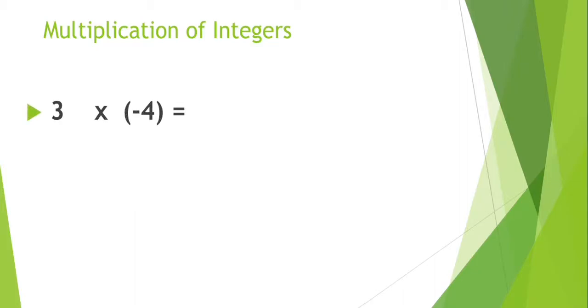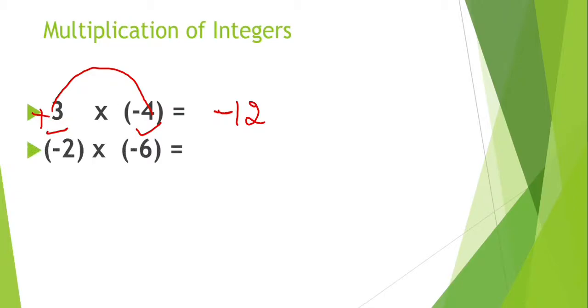3 into minus 4. How do we do the multiplication? First we have to multiply the symbols. Here 3, there is no symbol. In front of a number there is no symbol, so we have to treat it as a positive symbol. That means we treat it as plus 3. So we have to multiply this plus 3 into minus 4. First multiply the symbol. Plus into minus, already we discussed, that is minus. Now multiply the numbers. 3 4s are 12. Like this we have to do.